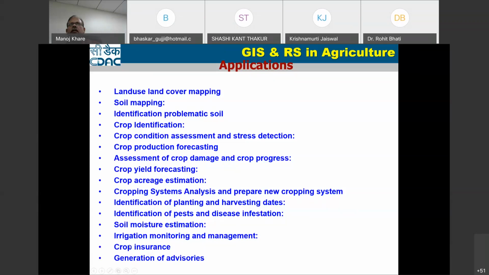What kind of moisture is there in soil, so that you can tell whether the crop requires water or not. Then irrigation monitoring and management, crop insurance, and generation of advisory. So these are some of the applications we can see.